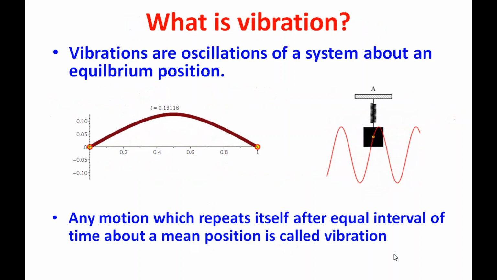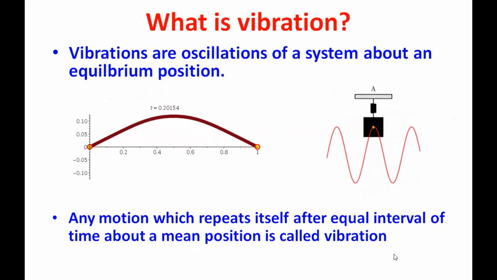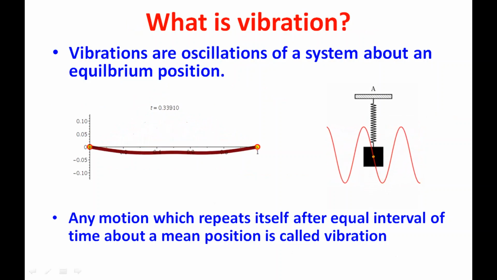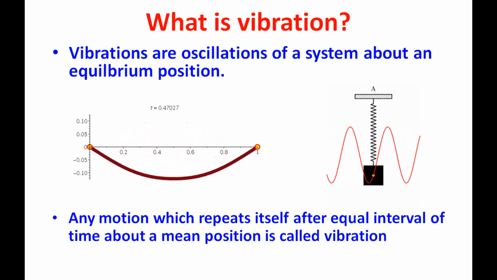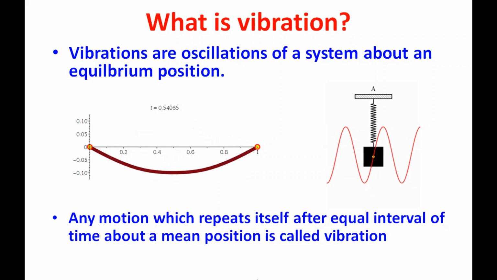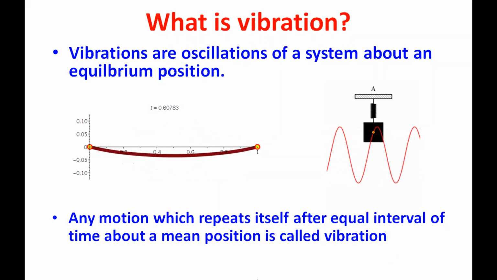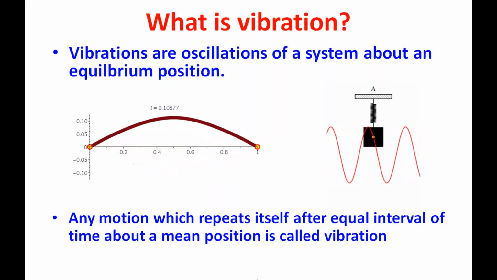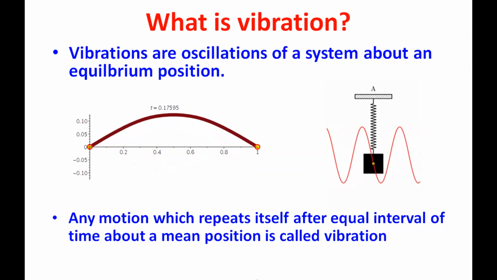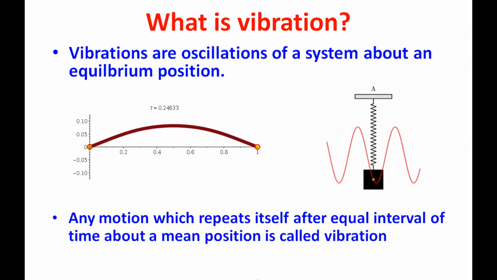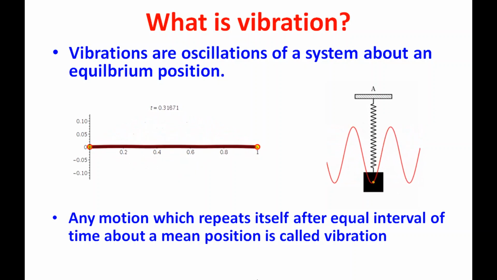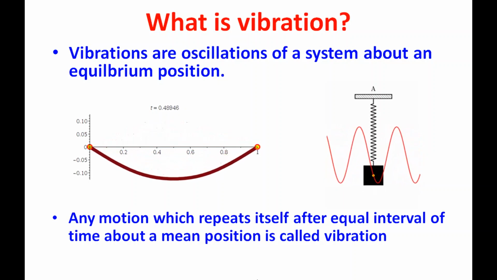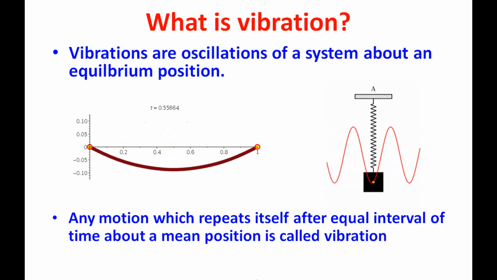In an earlier part, we discussed what vibration is and how to analyze the vibration behavior of a machine or a structure. Any motion which repeats itself after equal intervals of time can be considered as vibration. To define these vibration characteristics, we use parameters like frequency, amplitude and mode shape. Here we are discussing how to find the frequency of transverse vibration of a beam using the finite element method.